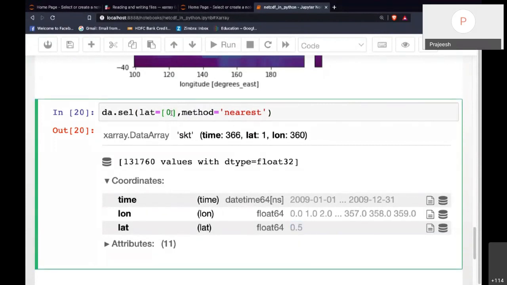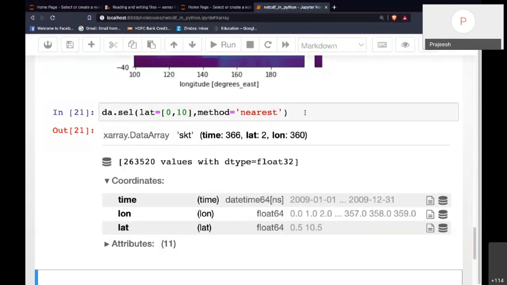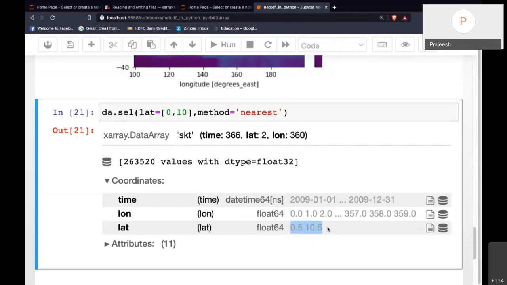Okay, so like this you can also do, maybe you can give another latitude here. Okay, 10. Okay, so then you'll get the two latitudes which are close to 0 and close to 10.